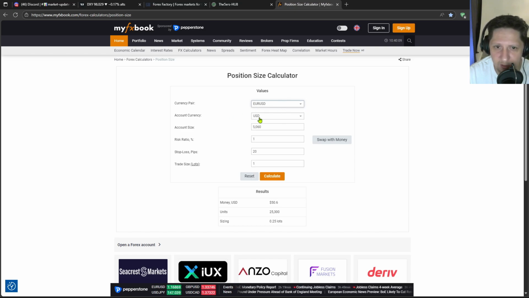The account currency is USD. The account size is